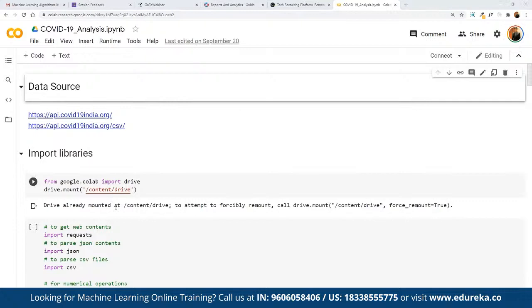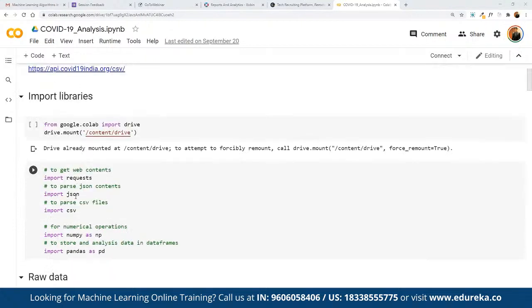Here we are going to import multiple libraries. We can import requests for getting the web request. We are going to use the JSON library to parse JSON content. Then we are going to parse CSV files by importing csv. For numerical operations, we are going to import NumPy as np. Then for storing and analyzing the data set in data frames, we are going to make use of pandas